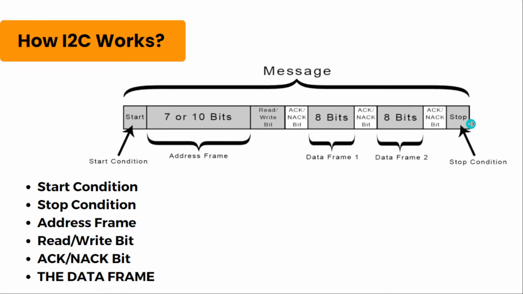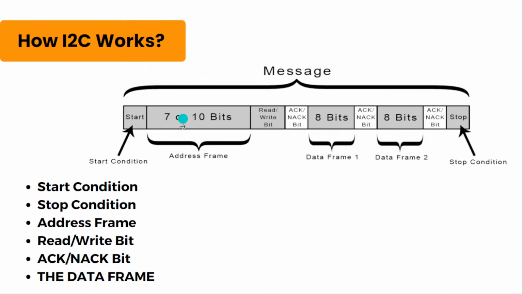And the stop condition: the serial data line switches from a low voltage level to a high voltage level after the serial clock line switches from low to high. And coming to the address frame, a 7 or 10 bit sequence unique to each slave that identifies the slave